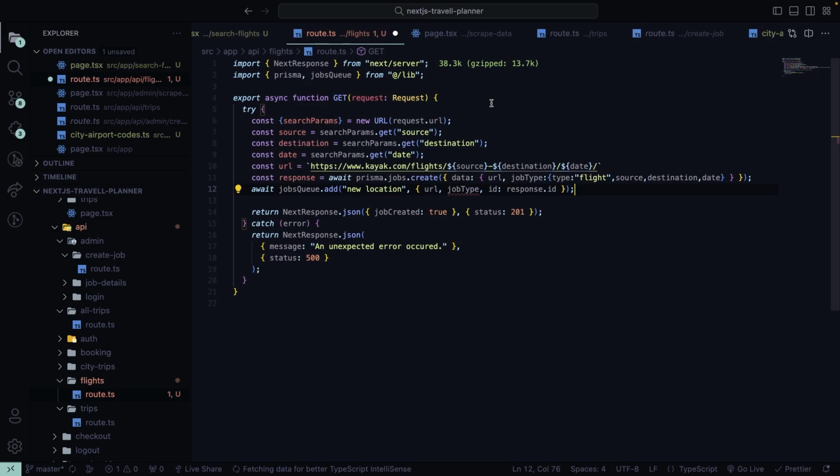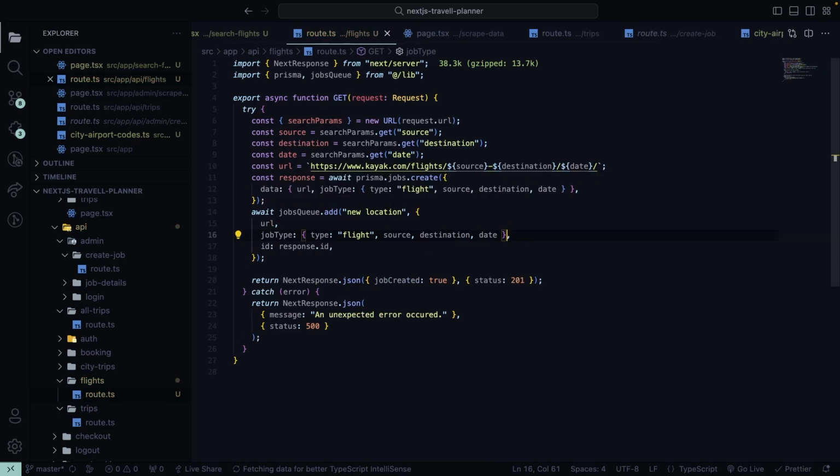And for adding into our queue, we'll have this job type like this. And let's do one thing, let's copy this thing from here and have it inside of this like this, and this has been added, and